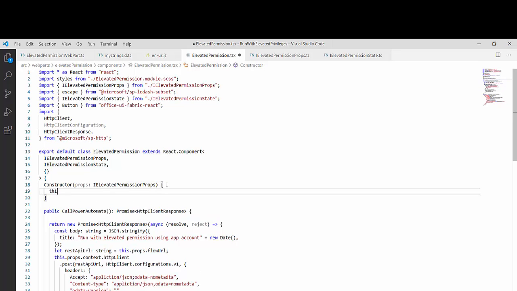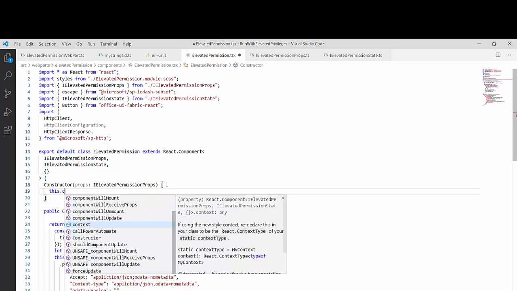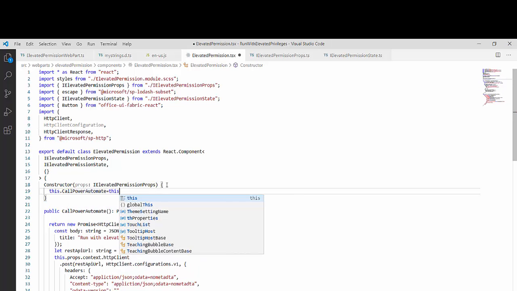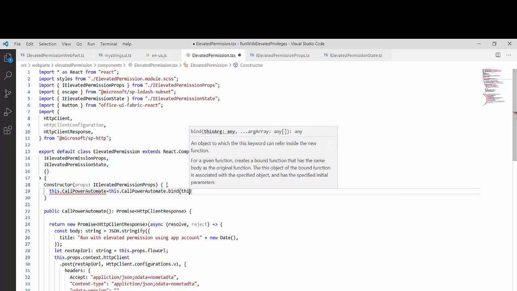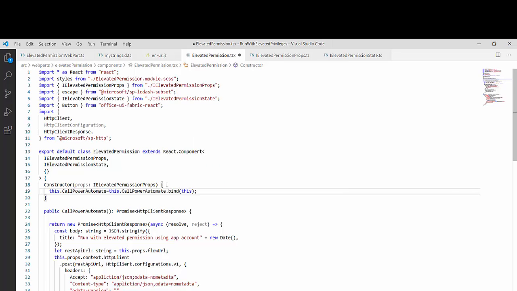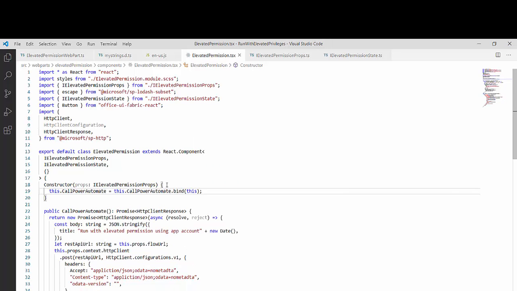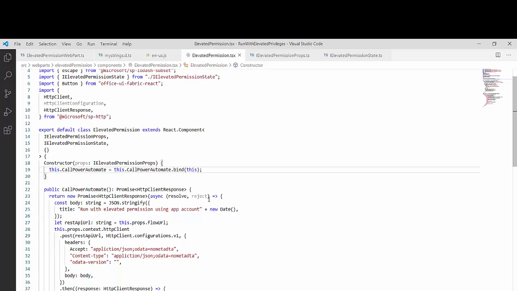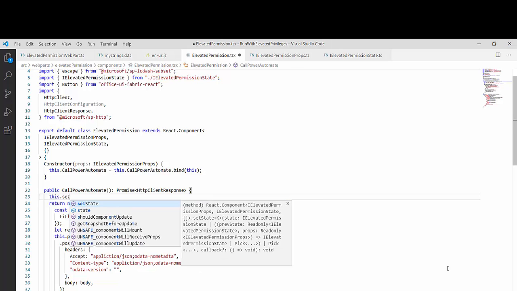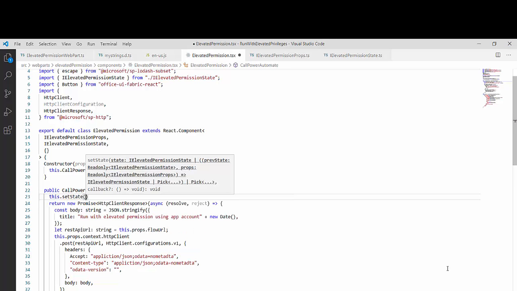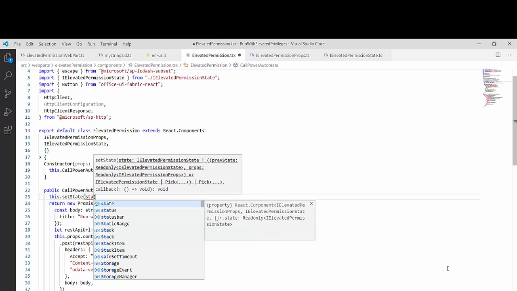In this constructor I will bind this.callPowerAutomate is equal to this.callPowerAutomate.bind(this). So this is also complete. Now I have to use my state. As soon as this function gets called, my state will get set to